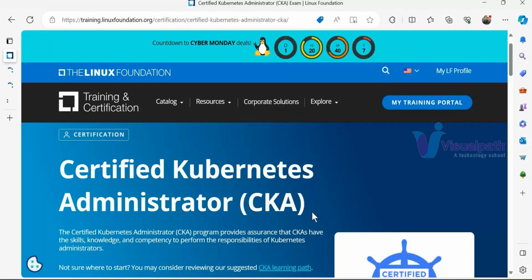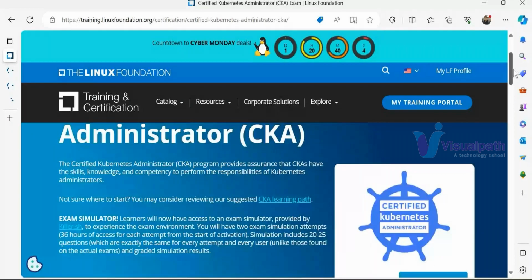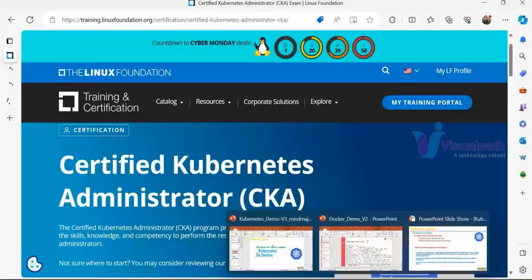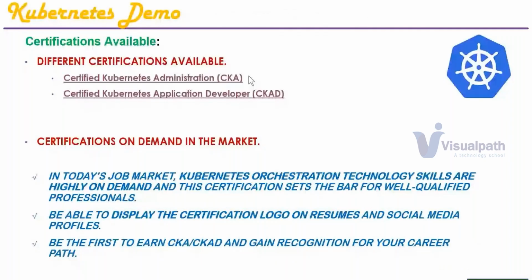This is CKA, Certified Kubernetes Administrator. All right. So basically, let me go back and then we'll come again. So there are two types of certificates. One is called CKA, which is very popular and has a lot of value over CKAD, right? In terms of what? CKA covers everything end to end, right? From your implementation, design, deploy, setting up the production environment as Kubernetes, and then deploy your application, support the application, scale the application end to end, right?